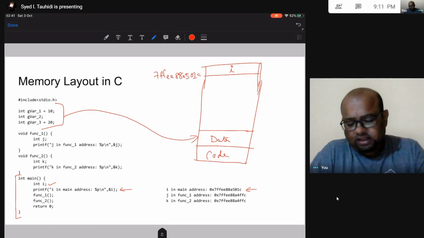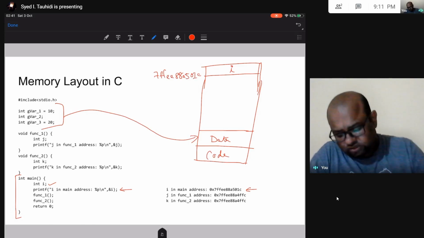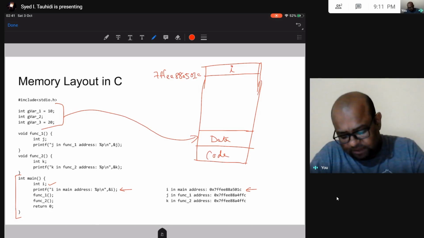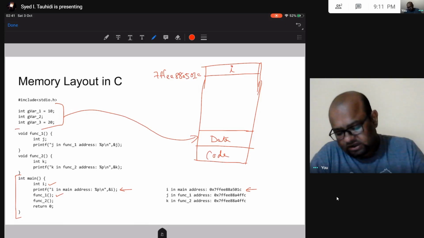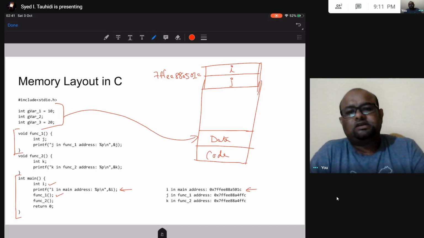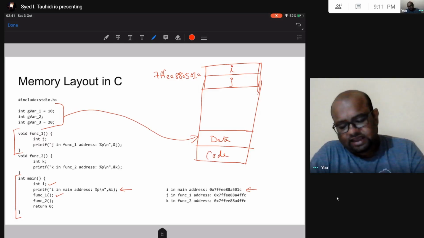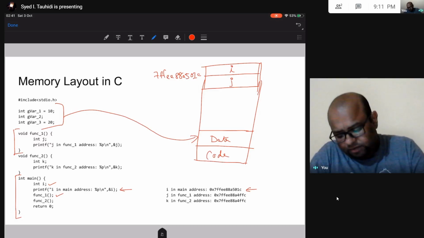Alright. So next what do I do? Inside this function, I am calling one more function, this func one. In this, I have this local variable called j. Alright, so this is going to be allocated memory in this stack, and then I am going to print this address.